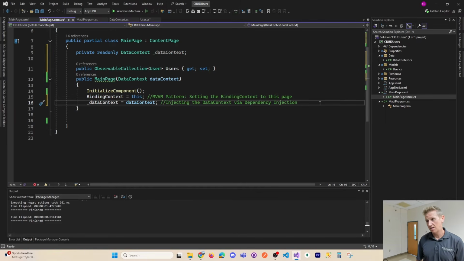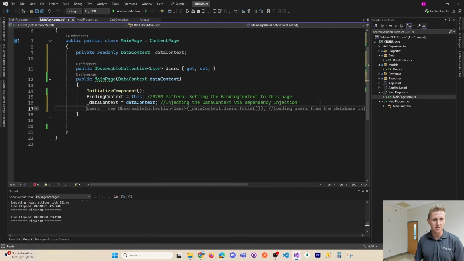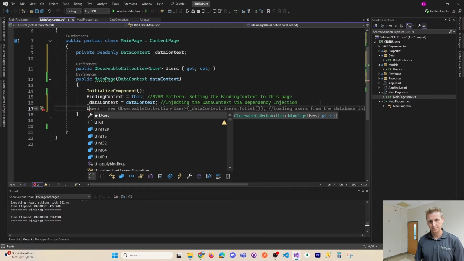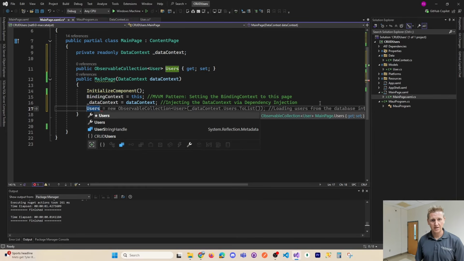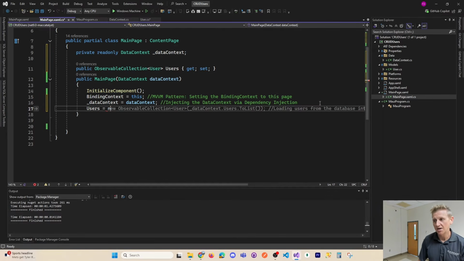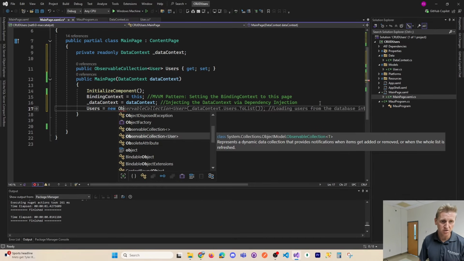And then we're also initializing our observable collection to an empty collection. Now that's an interesting line that might simplify, but new observable collection